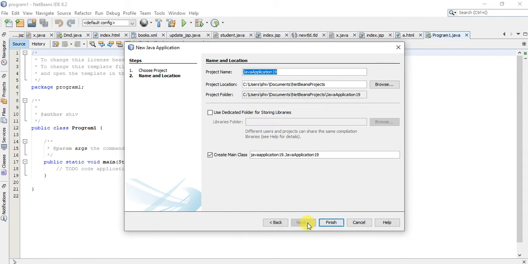Next, you have to give the name of the project. Suppose give any name, suppose program 1. Program 1 is already there, so Program 2.